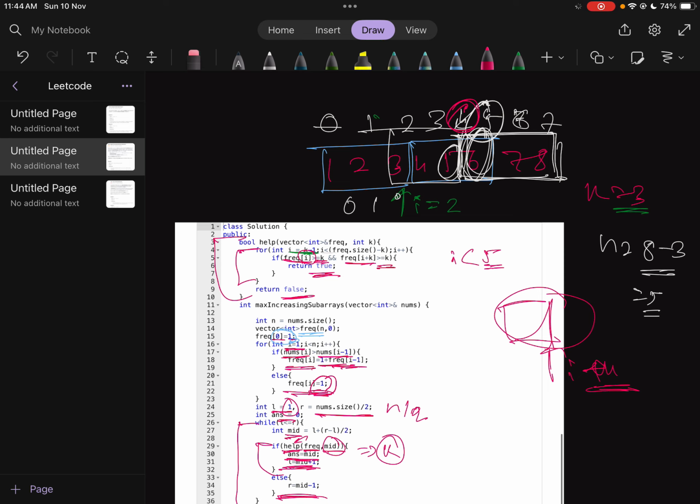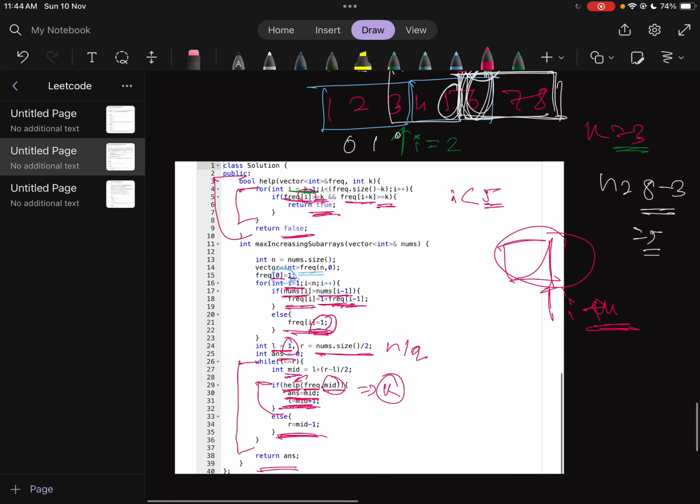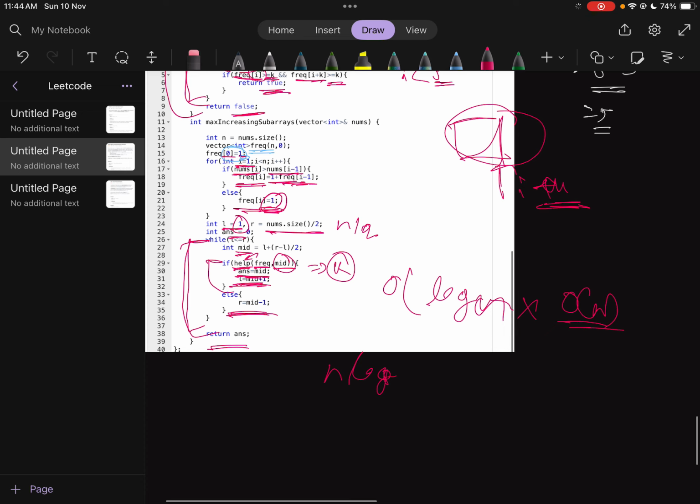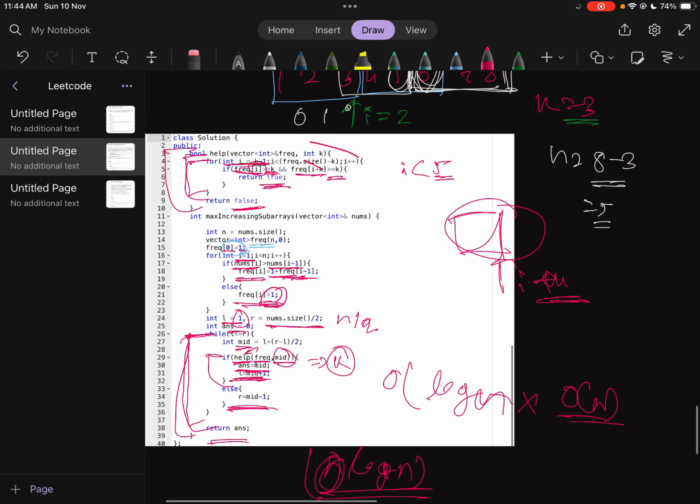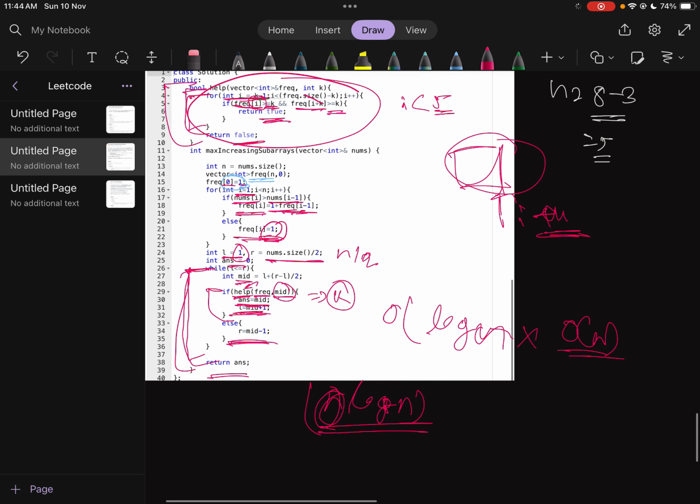Is it clear? So what is the time complexity of this? Here I am doing a binary search, so this will take log n, and here I am calling a helper function, where you are checking linearly, but the search space is less than n. But okay, I can assume big O of n again. So your time complexity will be n log n: log n for searching, meaning this while loop, and n for checking whether this random k is possible or not. Got it? The time complexity is clear, and the logic also, right?